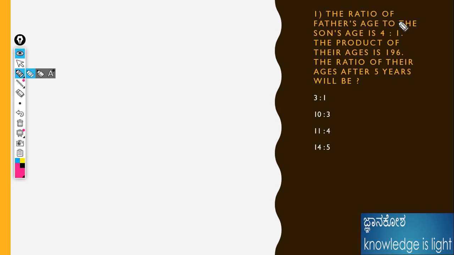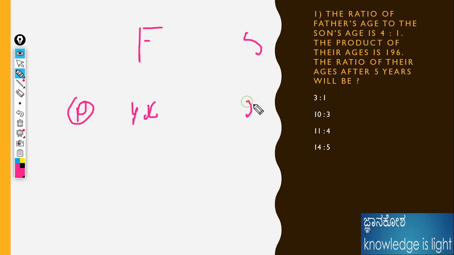The ratio of father's age and son's age is 4 is to 1. Father's age and son's age, I already told. Present, I will make it a circle. 4 is to 1 means the father's age is 4x and the son's age is x. The product of the ages is 196. They have given the product of the ages, so 4x into x is equal to